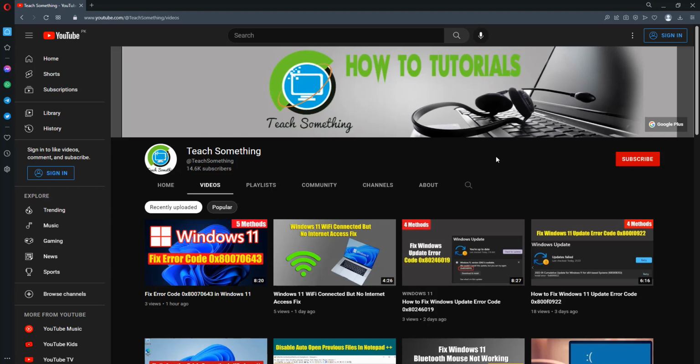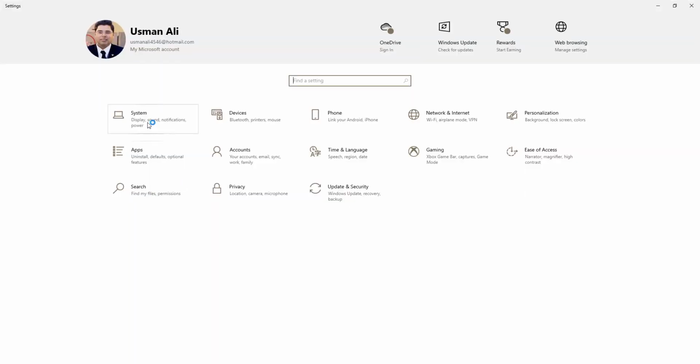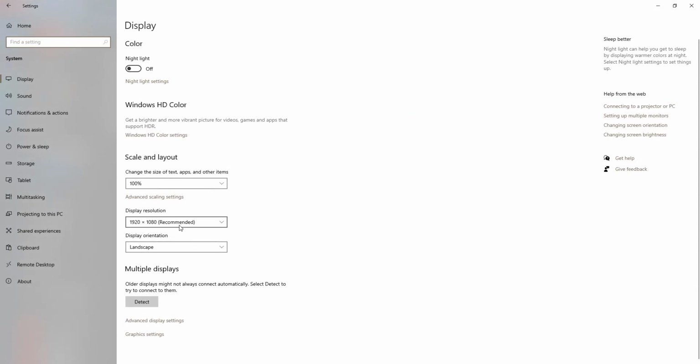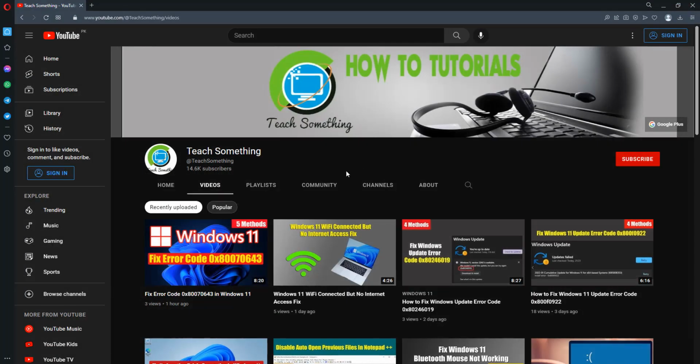So let's start. Okay guys, the first method is, first of all, go to the settings of your Windows. Go to System, and after doing this step, change the screen resolution. Change your screen resolution according to your screen. I have already selected the highly recommended one. After that, close it. I hope your problem is fixed, but if your problem is still there, then you can try